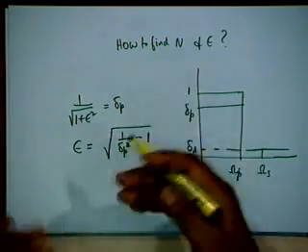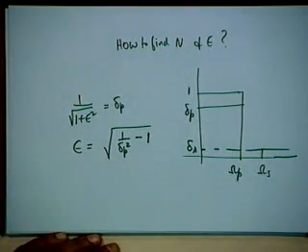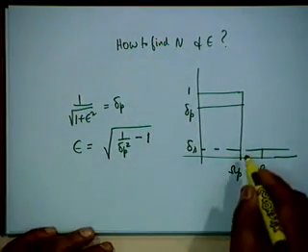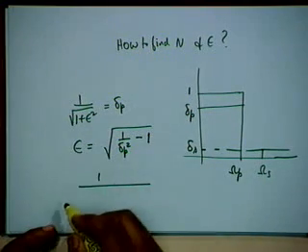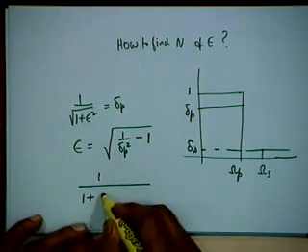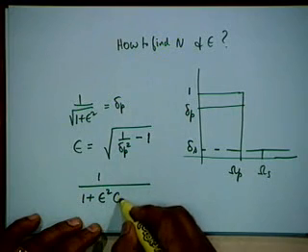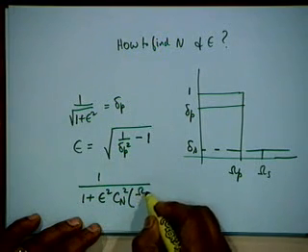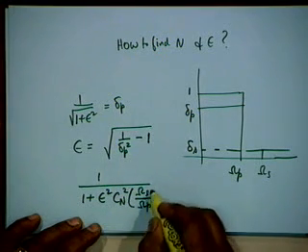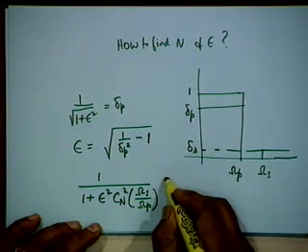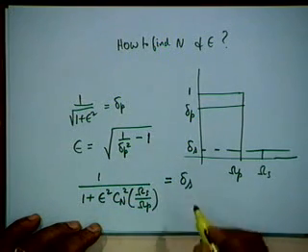If you square it and take the reciprocal, this is what it is. This is epsilon. And therefore, my stop band specification says that 1 plus epsilon squared Cn squared omega S divided by omega P should be equal to delta S,